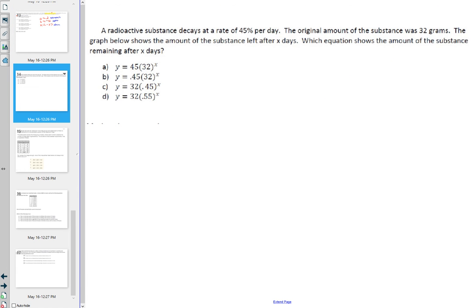A radioactive substance decays at a rate of 45% per day. The original amount of the substance was 32 grams. The graph below, well, there's no graph below, shows the amount of substance left after X days. Which equation shows the amount of the substance remaining after X days? We want to know how much was remaining. We don't want to know how much is decaying, how much we're losing. We're losing 45%. If you lose 45%, how much are you keeping? Yeah, 55%. And if we started with 32,